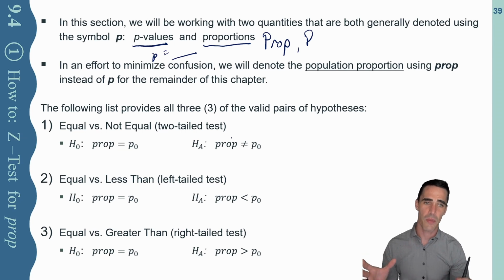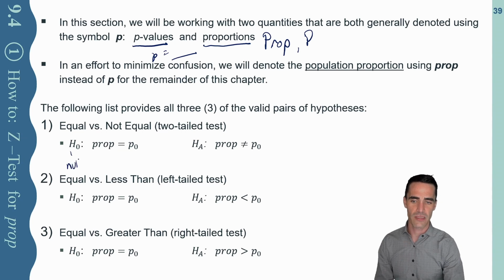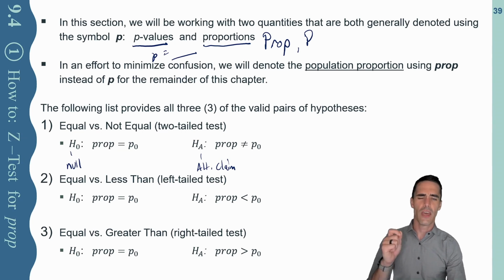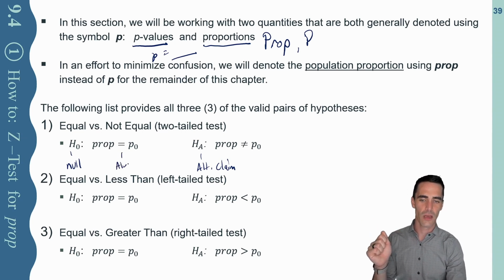So when we're conducting these hypothesis tests, it's very important we first set up our arguments well, and that there's only going to be two of them. There's the null hypothesis, the status quo, and there's the alternative hypothesis, our claim, what we want to show. If you remember, when we're setting this up as an argument for these proportions, the null is always going to be equal